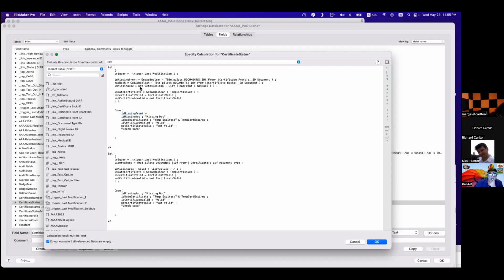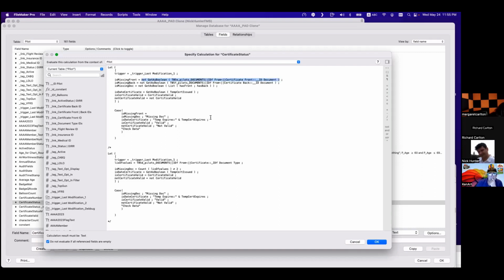Missing front, not. Missing back, not, okay? Because now I know when it's missing, not when it has it. Because I reverse this. So if this one's 0, then the result of this will be 1.